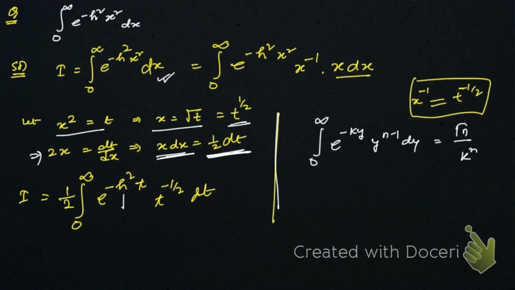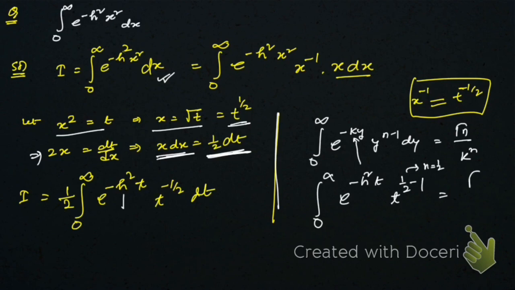So if you compare this 0 to infinity e to the power minus a c square with k and t with y, then y to the power n minus 1 with this t to the power minus half, you can write as half minus 1, right? This t to the power minus half can be written as half minus 1. So then what are you going to have? So value of n is half,